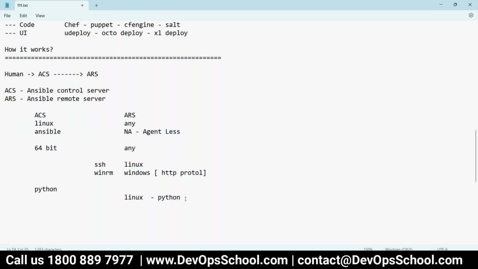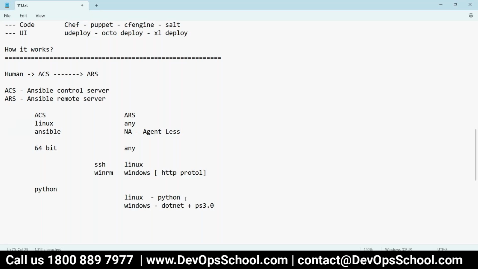But if it is Windows, then you need .NET and PowerShell 3.0, PS3.0. This is the requirement for the ARS and ACS.